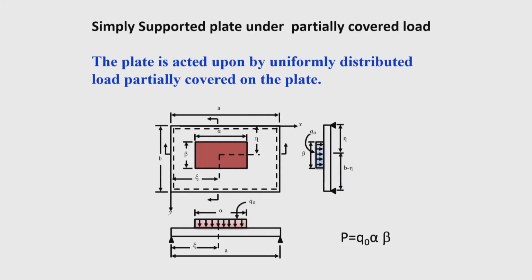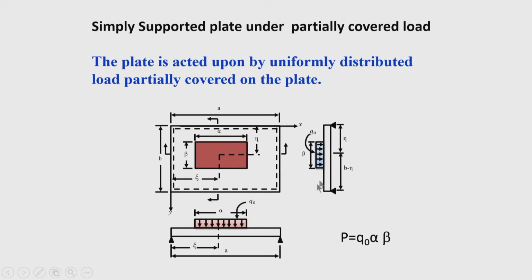So, if this minimum clearance is maintained, then you will find that the load is not always symmetrical with respect to the x and y axis of the plate. Due to unsymmetrical distribution, again you will find that twisting moment becomes predominant, but with the formulation that we derived today, you can handle symmetrical as well as unsymmetrical distribution of the load without any difficulty.